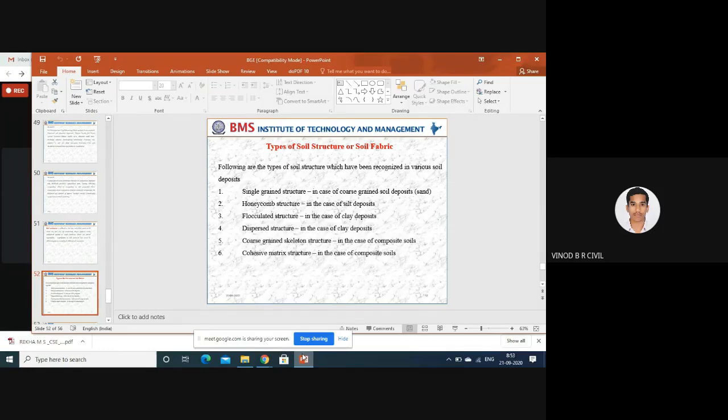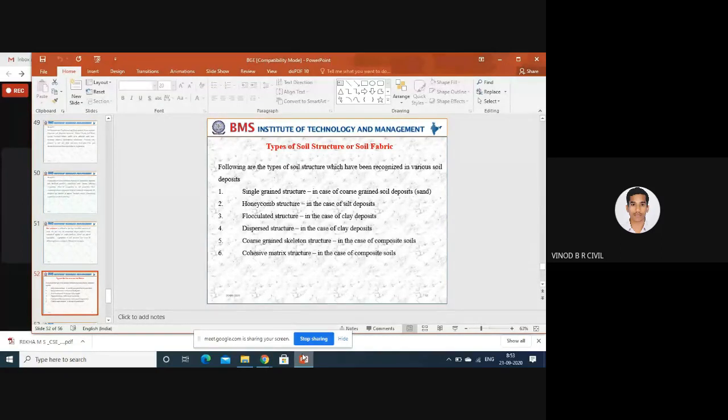Means it's penetrated in dry form, not in wet form, in dry form. Means there is a good example of honeycomb structures. Means in between you can't expect any air, there are water voids, but at the same time you can expect air voids. Okay, easily it can penetrate, it can deposit. Okay, that is a good example of the honeycomb structure.